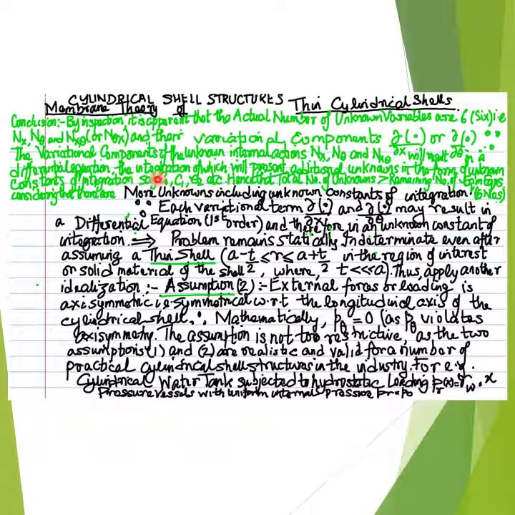and the integration of the differential equation that results from the variational terms del by del x or del by del theta will present additional unknowns in the form of unknown constants of integration, say C1, C2, etc. Hence, contrary to our original expectation